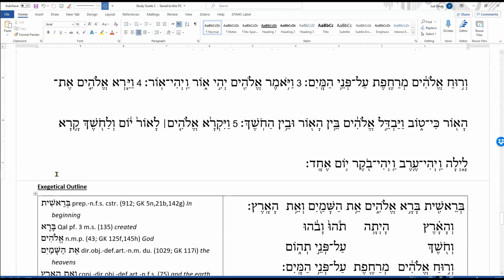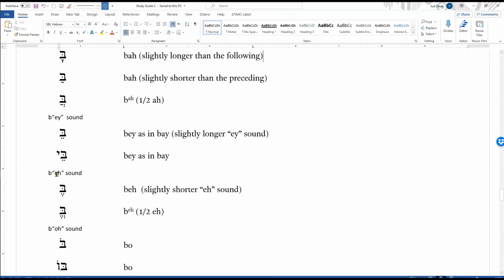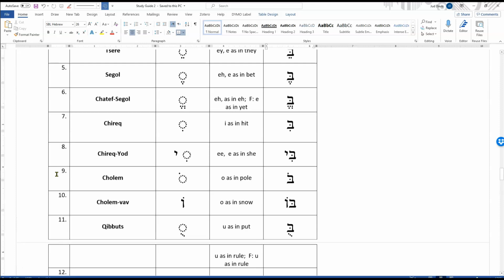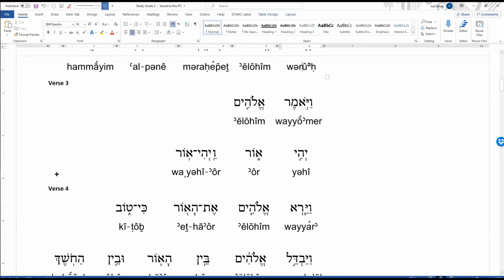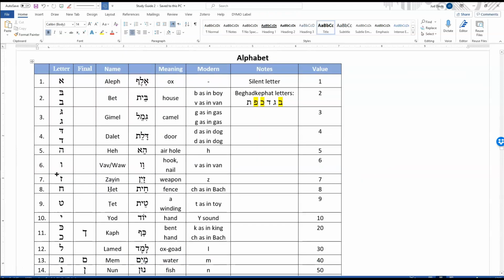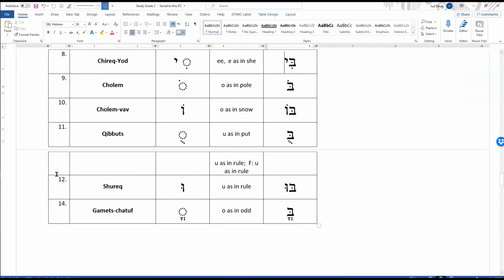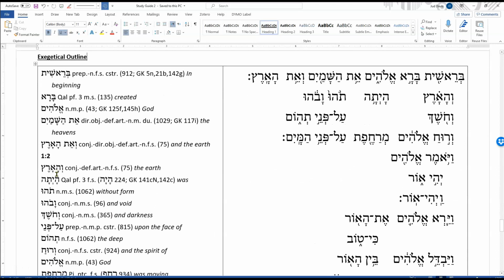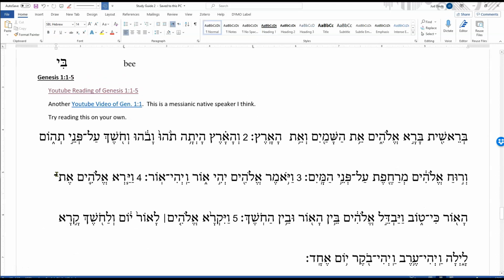So, what we want to do for next time is we're just still getting down the alphabet. We want to get this chart down a lot better, get these letters, and listen to the guy read so that we can read as much of this with him as possible. I would say right now, I would hope you could read to there. Maybe tomorrow,